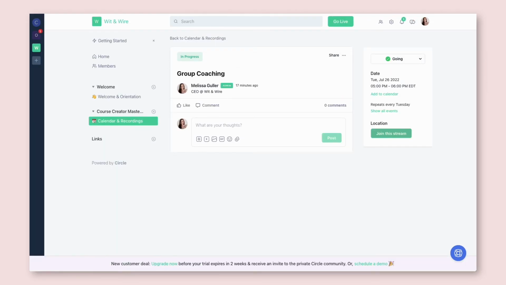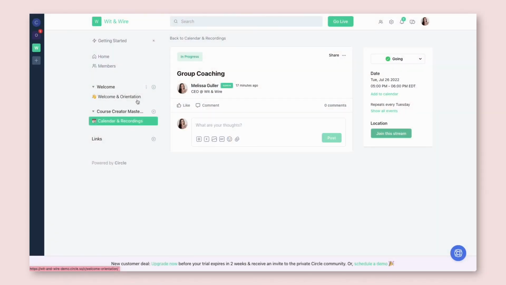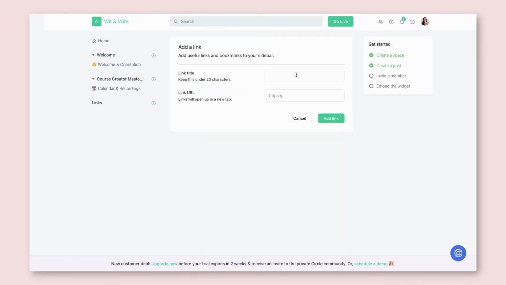Let's head back into our demo community to talk about the next section, which is links. We've added a space for discussion, a space for events, and now we're going to add a few external links. Here in the plus icon, these are links that are outside of your Circle community. So for example, maybe I would add a link to my YouTube channel,